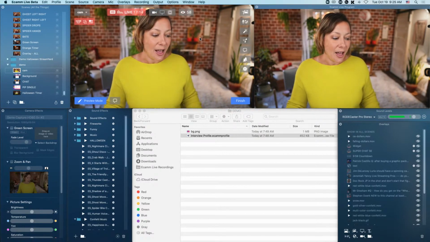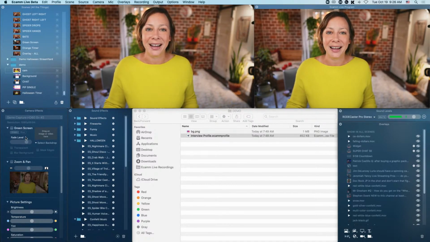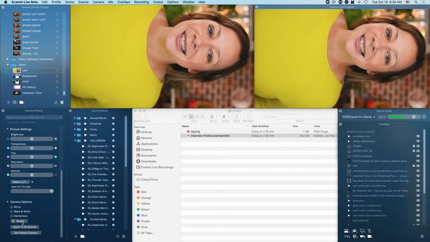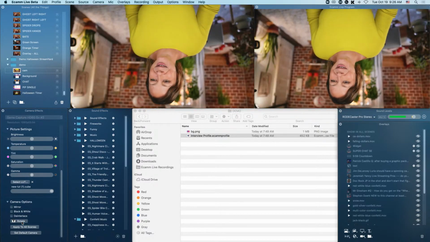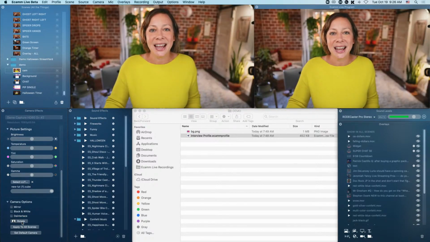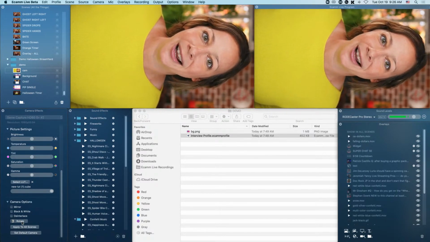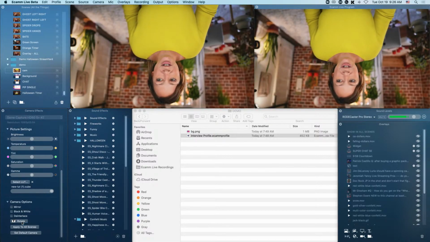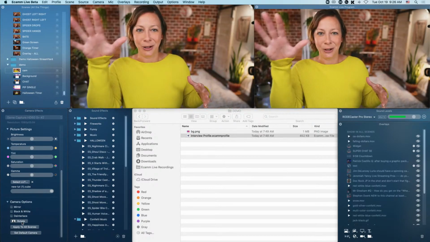A couple other things to go through is the ability to rotate the camera. If you look in the camera effects section down here in the bottom left corner, you now see a rotate button. So if I want to do some sideways videos or TikToks or stories, or go upside down or whatever, you have the ability to rotate your camera. I'm sure you can find all kinds of different options for using this in a fun manner, or if you just had to have a little bit more control. Okay, so now that I'm done circling around,